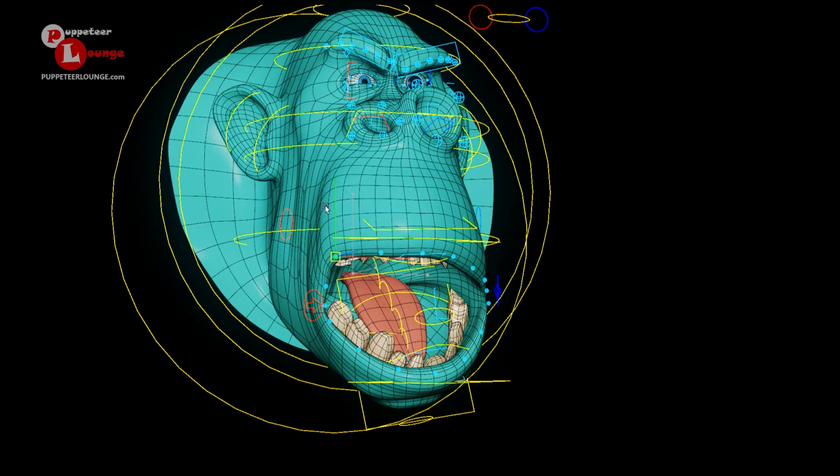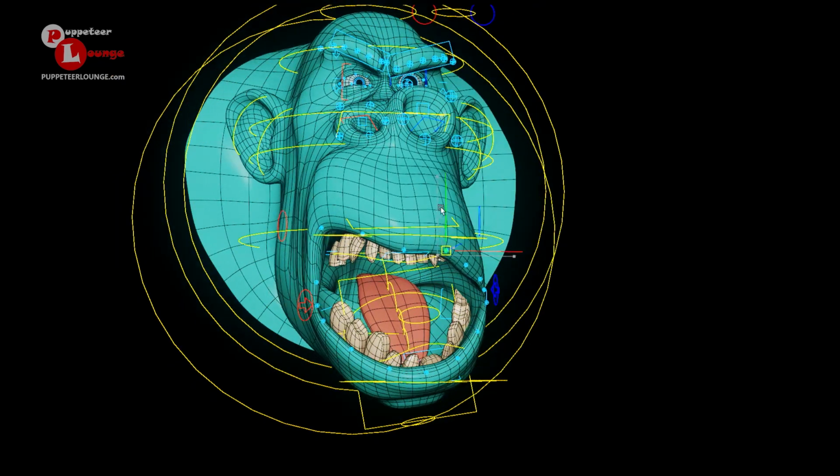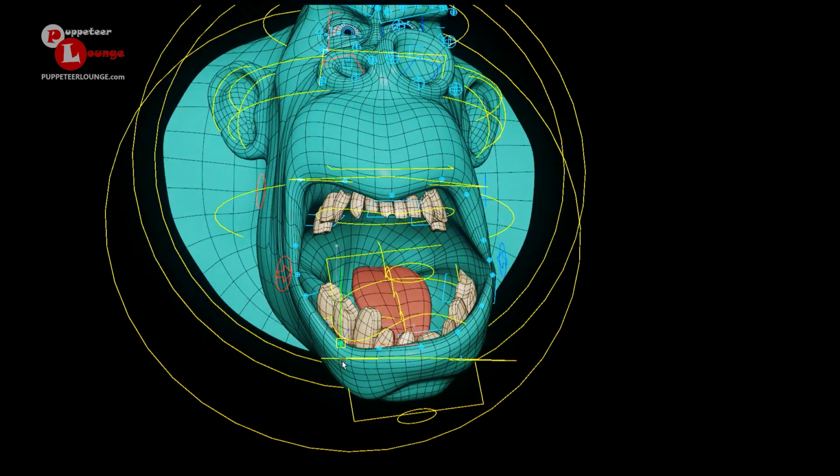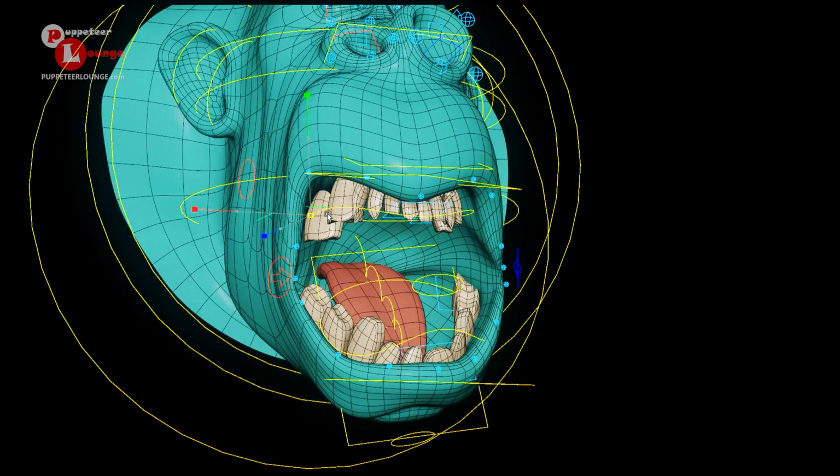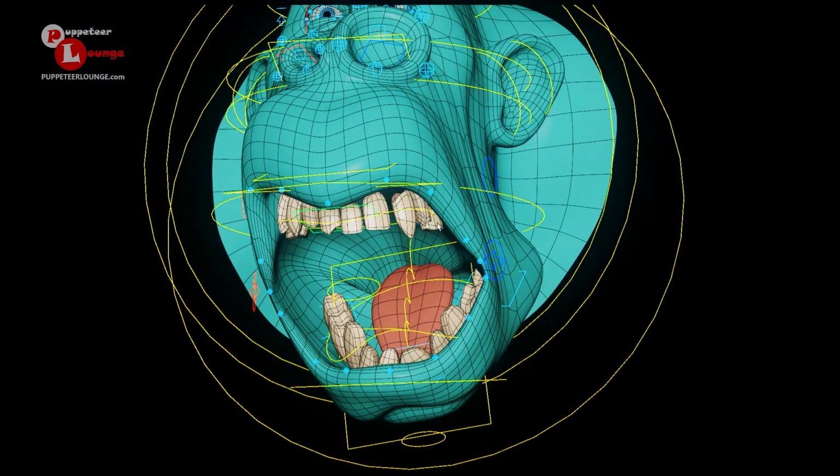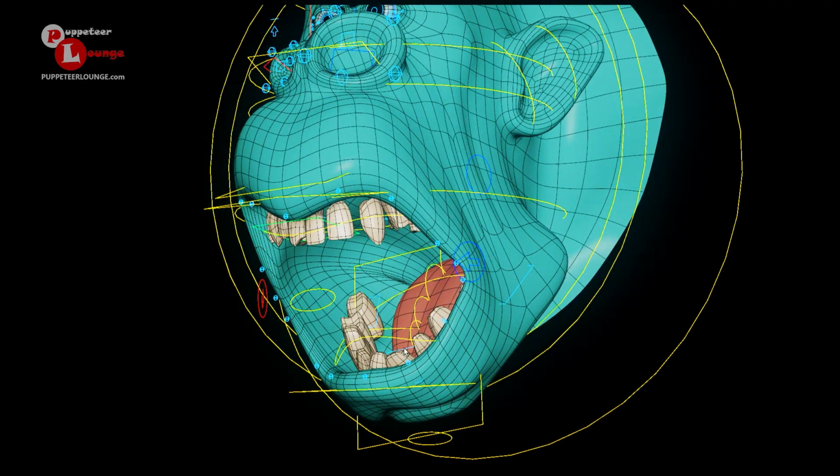and then we have these secondary individual controllers for the lips, which are going to give us the ability to sculpt the outline of the lip. And if you need to fix the position of the teeth, you can always go ahead and use these secondary controllers to scale it up, really exaggerate the shapes and fill the gap.